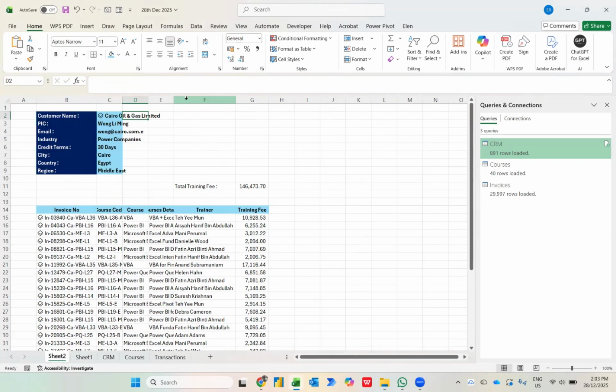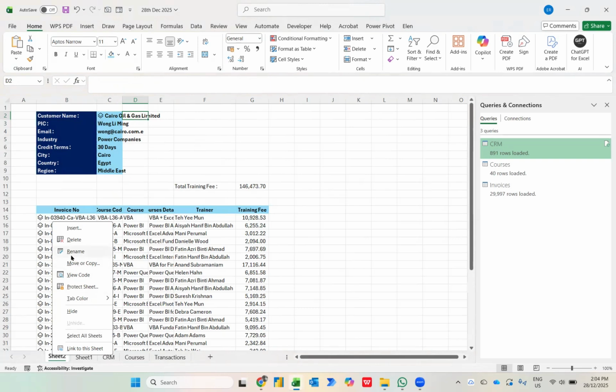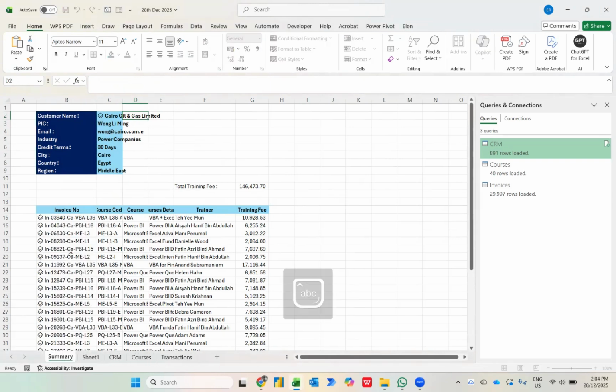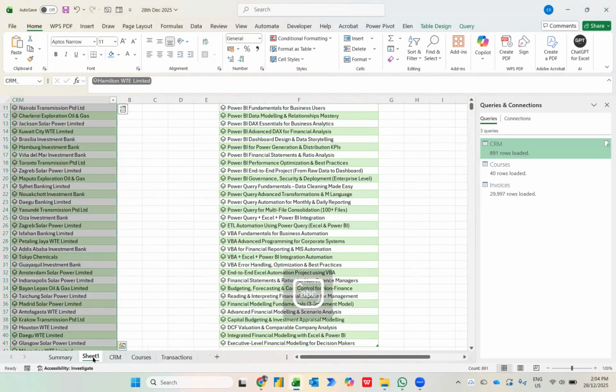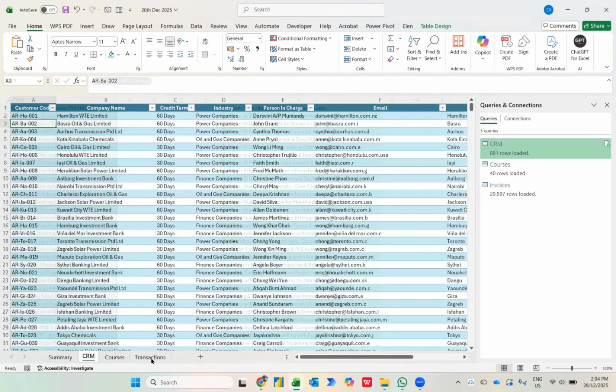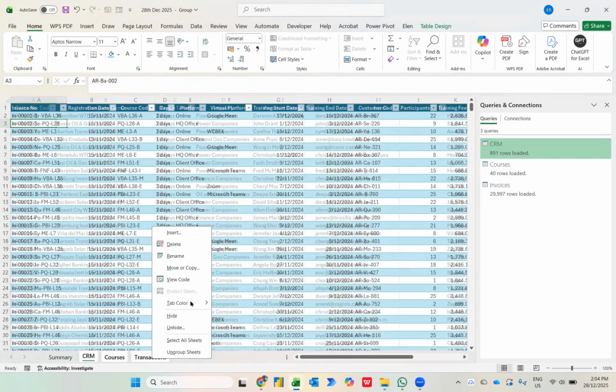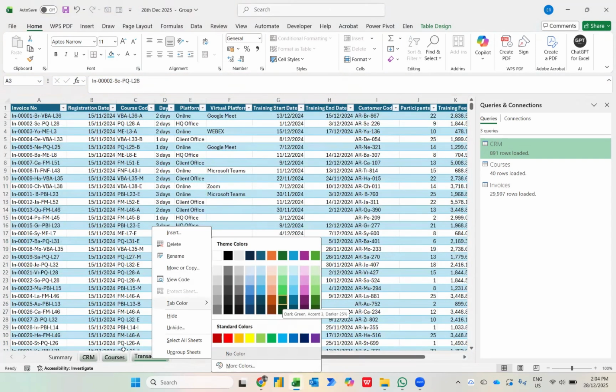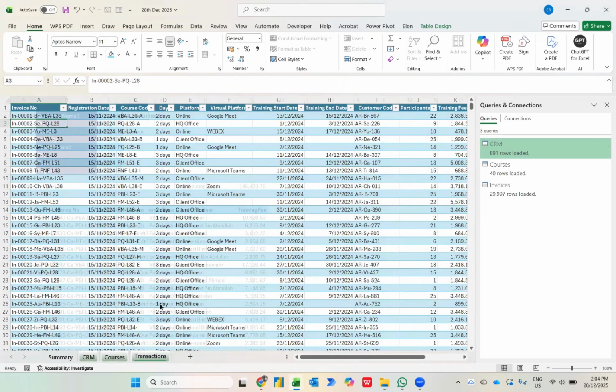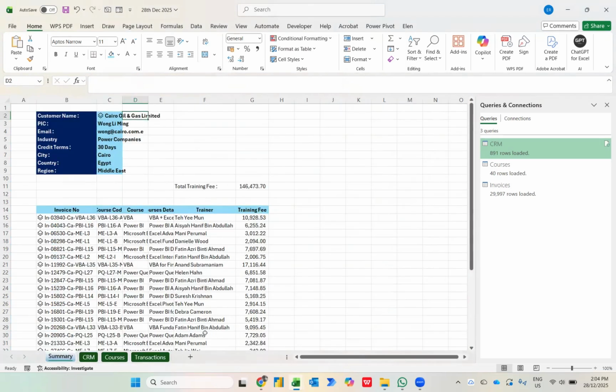Okay, but now what I want to do is I don't want to actually auto fit the column every time. So I will try to use a VBA code to auto fit. But first thing, I'll just rename this as the summary. This particular worksheet I can hide because I don't want to show it to my manager. I will select all this. It's a cosmetic thing, so I'll just change the coloring, and this thing also I want to change the coloring. Okay, maybe to this color. Alright, so now I want to do a VBA code to auto fit the column, because